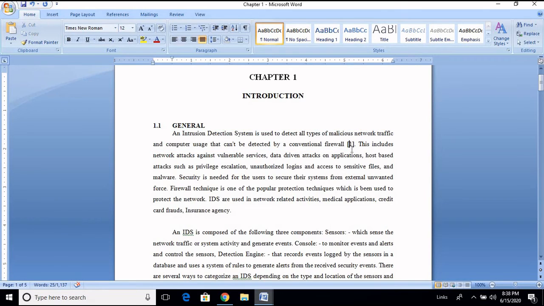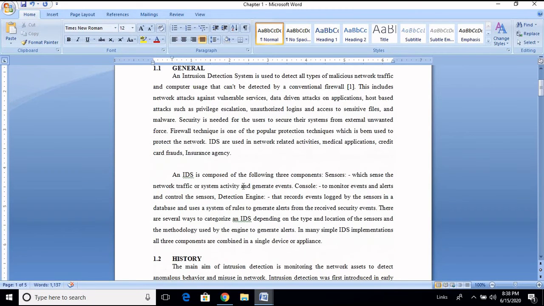The meaning of 1 is that it refers to reference number 1. It contains a paper, and in that paper, this text or this idea is available. And second, for example, firewall is one of the popular protection techniques.